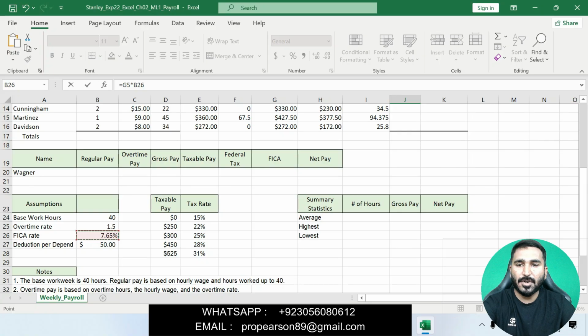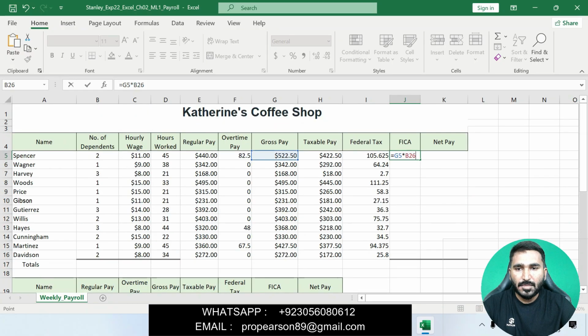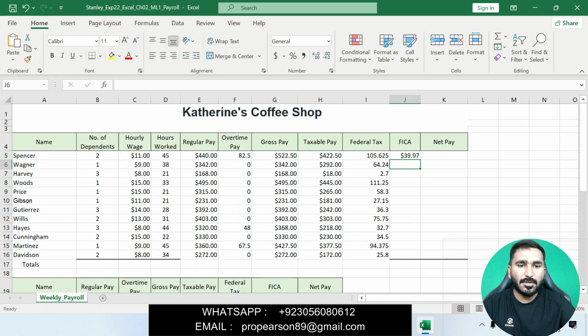Okay, gross pay multiplying by FICA rate. B26 is an absolute cell reference. Then press enter. It will define FICA in cell J5. Now use fill handle to complete the column.